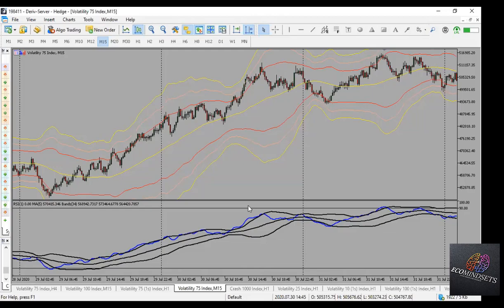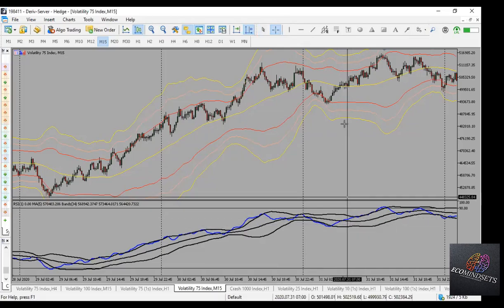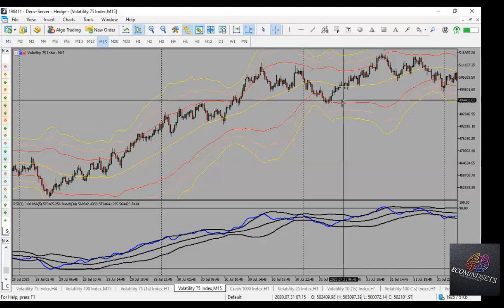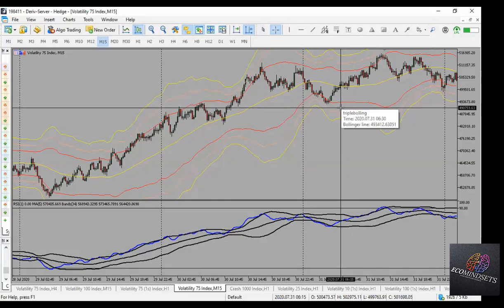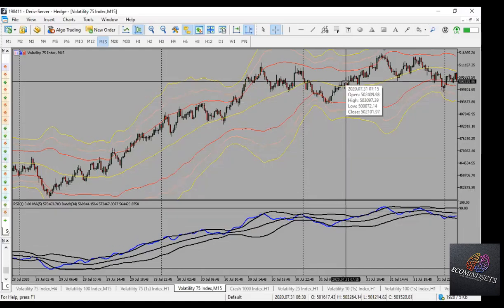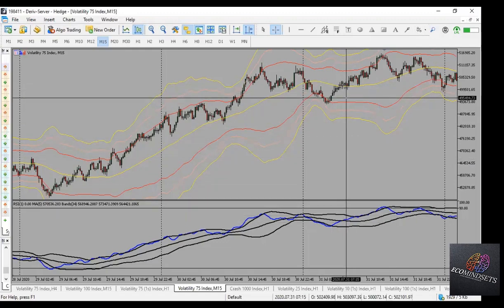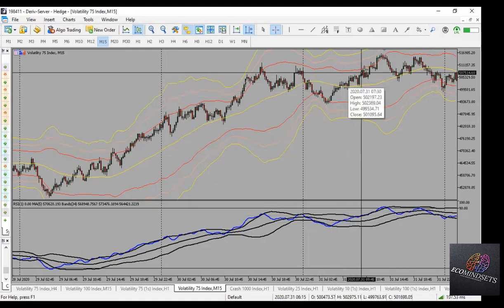That was why I was explaining another thing here, that sometimes the signal will come at the middle Bollinger Band. When you see the signal at the middle Bollinger Band, after maybe you have taken your profit, and then the signal retraces back to the middle Bollinger Band and gives you an opportunity, once the two of them match, the main chart and the indicator window match again, you can still take that trade in the direction of the market.